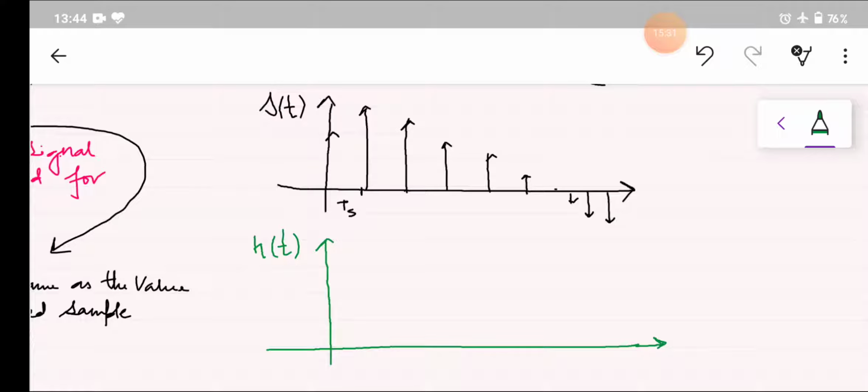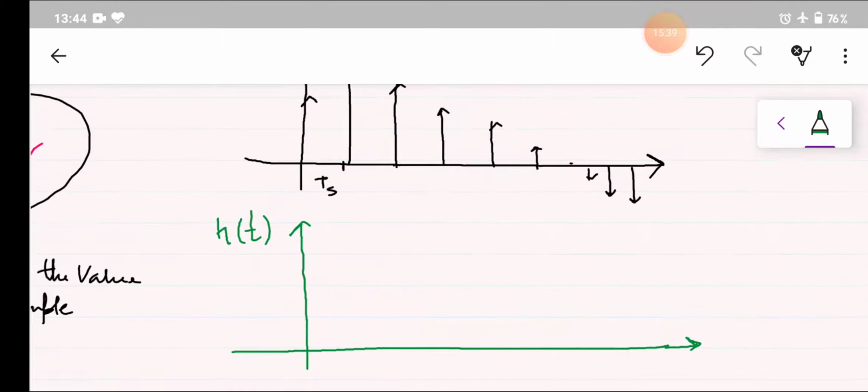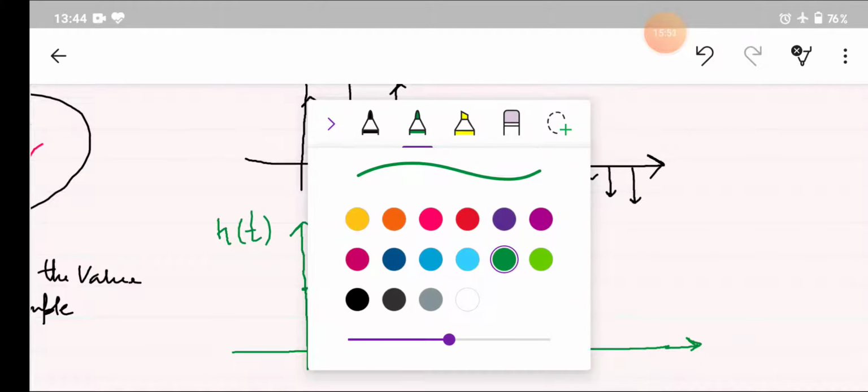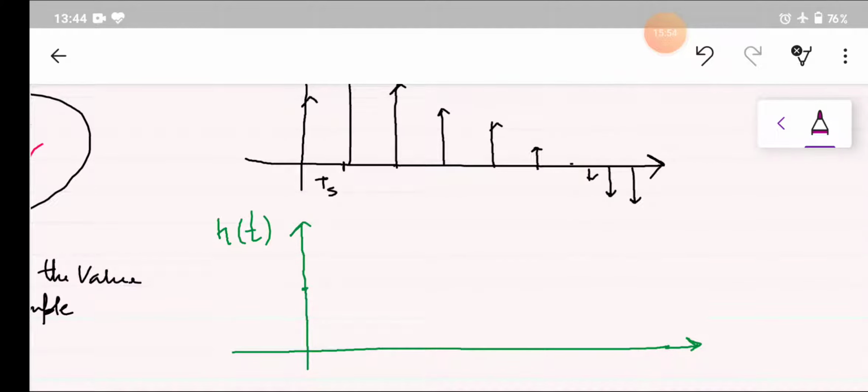So as the first sample is coming to the zero order hold, the magnitude is like this at this point. So it will hold the value up to this point for the sampling time period of TS. Okay, so if we are going to make the signal, then for the TS time period, up to this point, the magnitude of the first sample, it can hold like this.